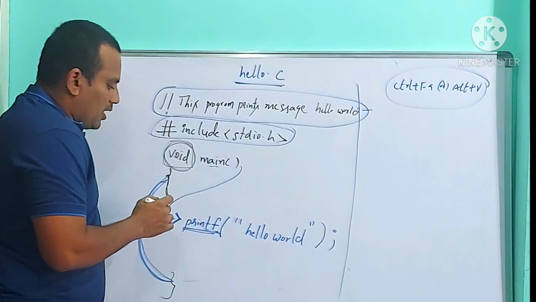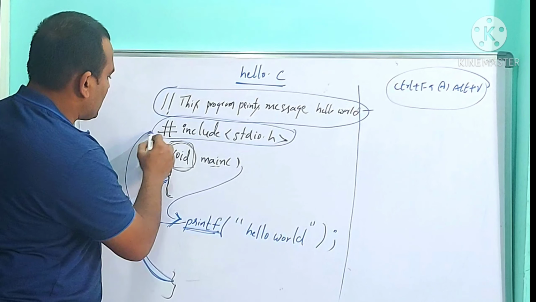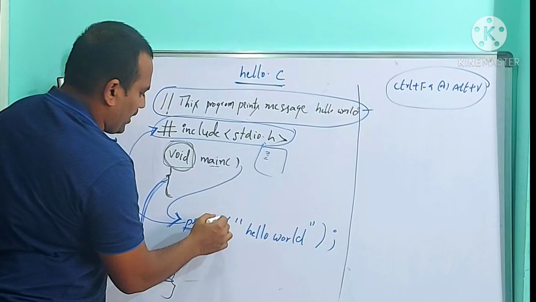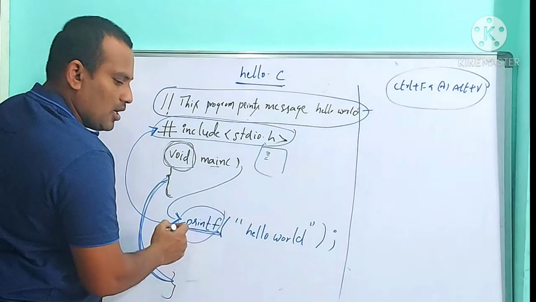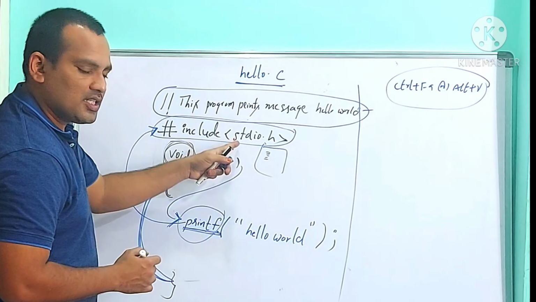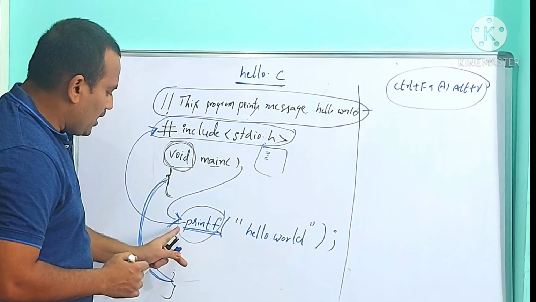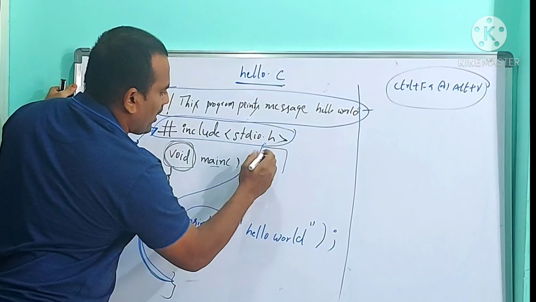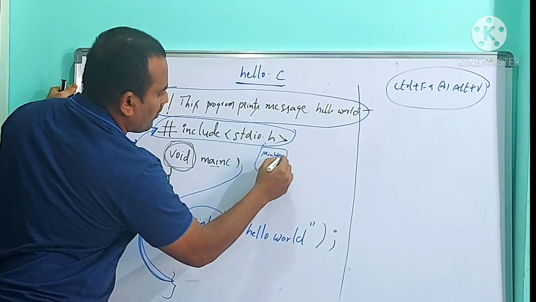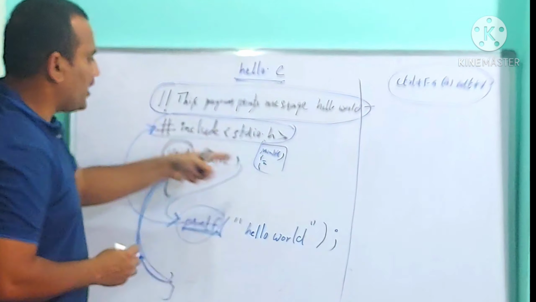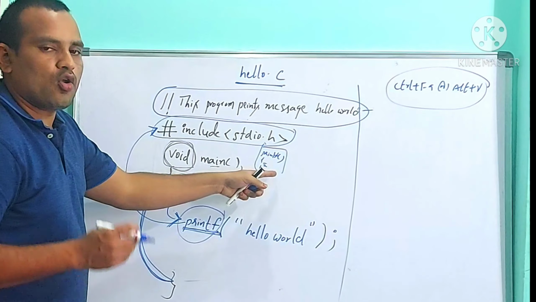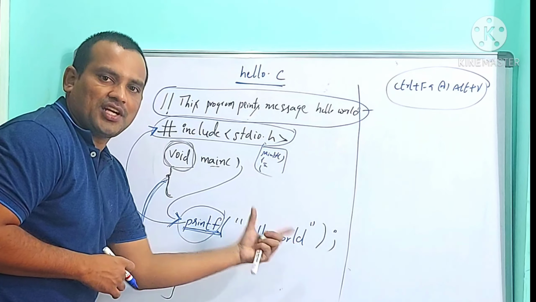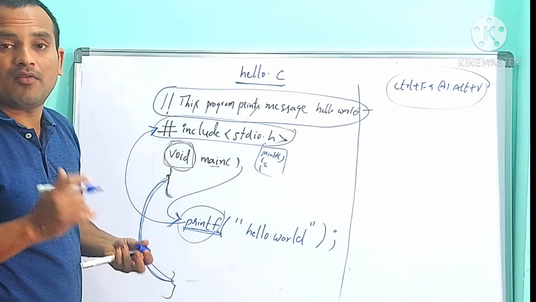Remember, when the runner comes to printf, it goes to the header file section, the linking section. It opens the header file and looks for the definition of printf. I told you printf is a predefined function whose meaning is available in the header file stdio.h. In this header file, there is a meaning for printf. It gives an instruction to the runner: hello runner, please go to the output screen and print the text that exists in the double quotation of printf. That is the meaning of printf.